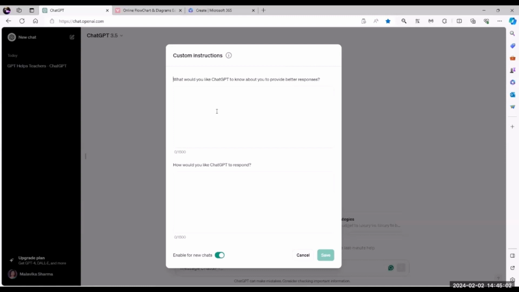So in order to provide better responses, ChatGPT would like to know more about you as a person. Then ChatGPT would also like to know how you would like ChatGPT to respond. For example, whether you want ChatGPT to respond in a formal way or in a casual way, just like a friend, or whether you want